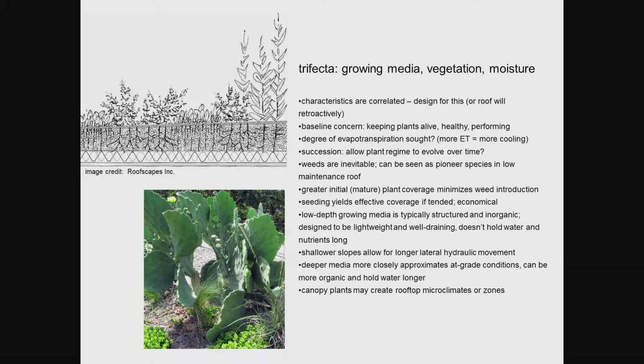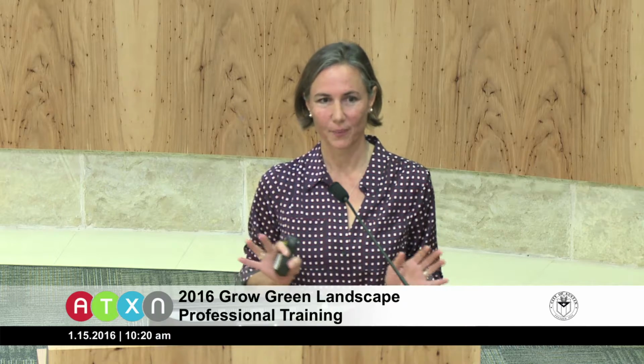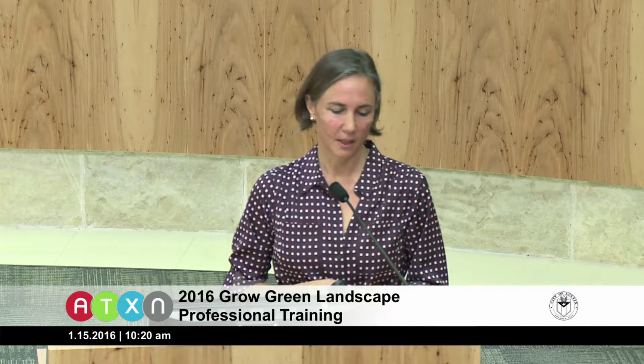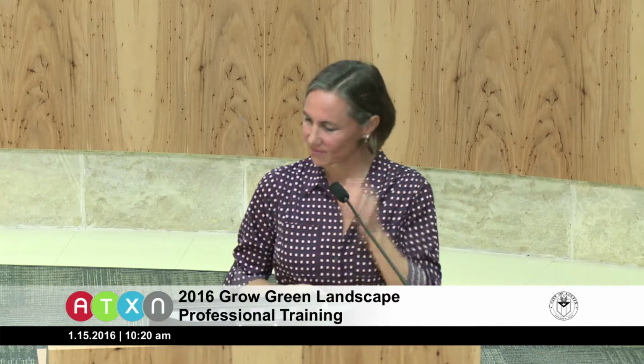So yeah, I've decided that I've finally made peace with this plant, whatever it is, because it's actually kind of pretty. If I just squint and step back a minute, it's like, okay, all right, it's good. It's green, which is kind of hard to do sometimes when it's a real shallow system like we have, and